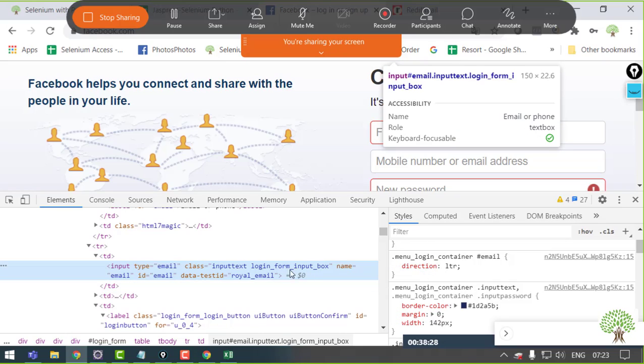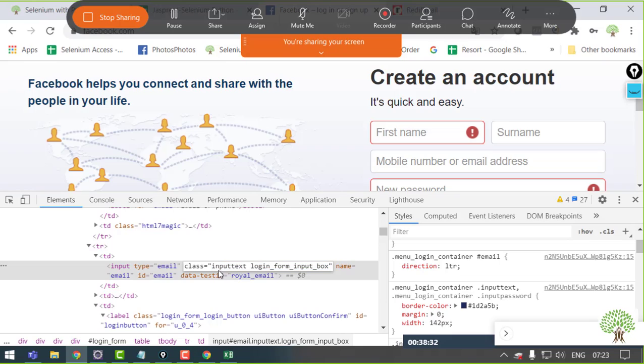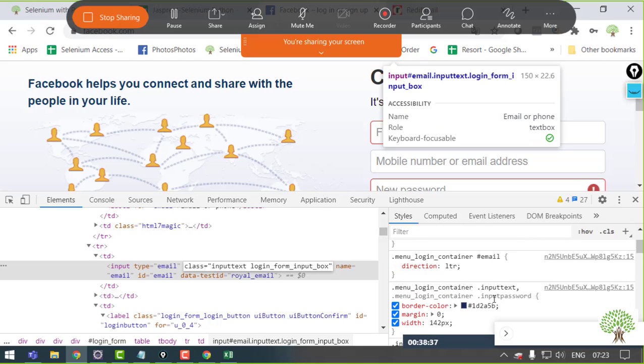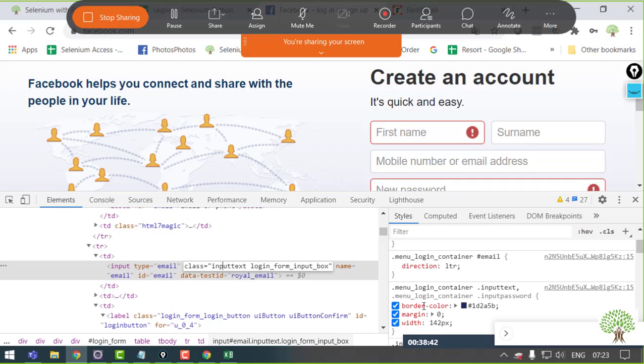Like this input text class, in the styles it has some properties given, like what the border color is, what the margin is, what the width of this particular class is, meaning whichever element has this class, what the width of that element will be. So classes are responsible for the look and feel, and a number of elements can share them.